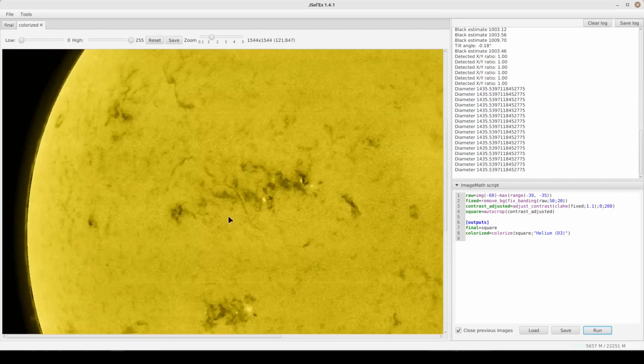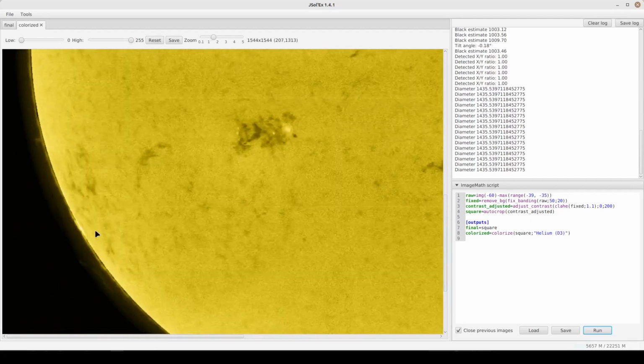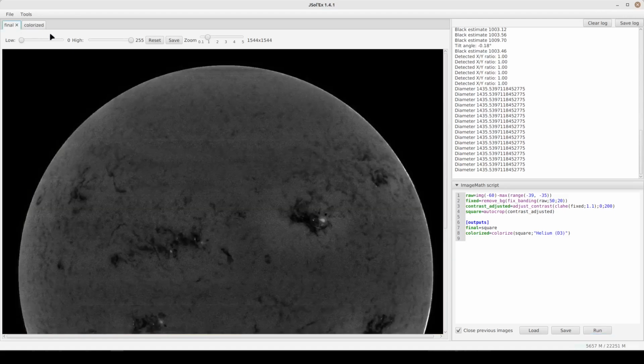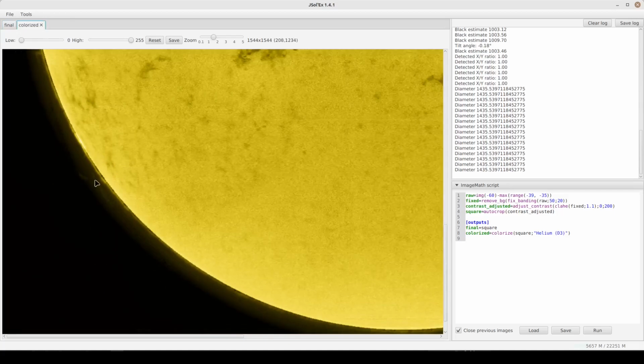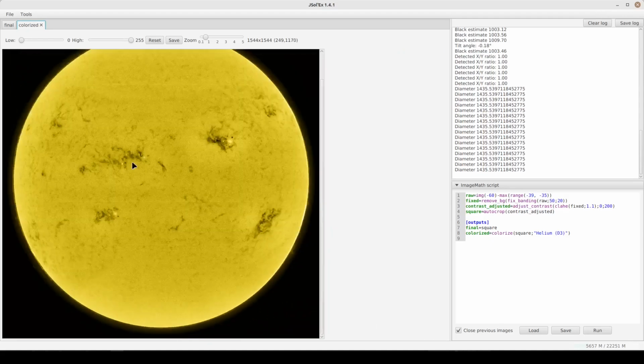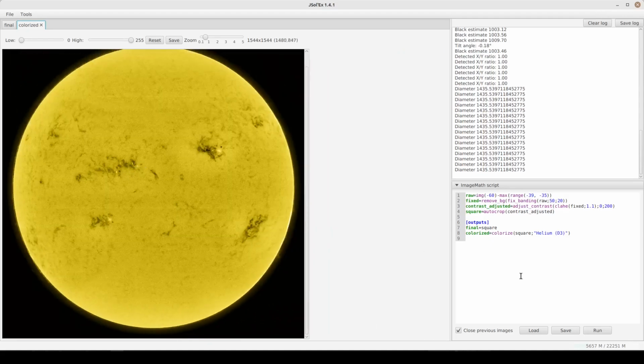And if we zoom in, the data that we have there is actually more visible than what it was just in monochrome. So I don't know why. It's probably because the naked eye has better sensitivity there with the green. So yeah. So just now, what we have is a script which processed this video automatically,